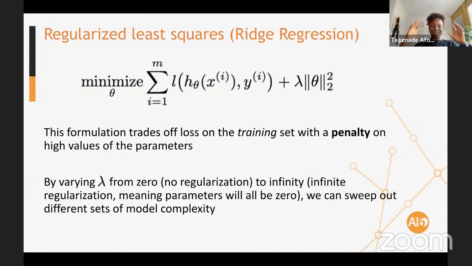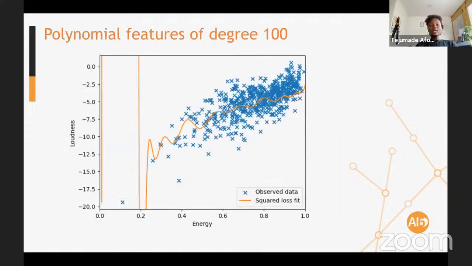Eventually, when you get to infinity, you just end up with the bias term. All of your weights will turn to 0 and what is left is just the bias term.